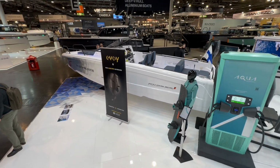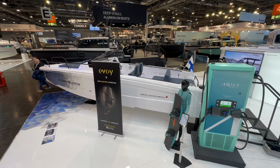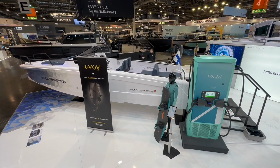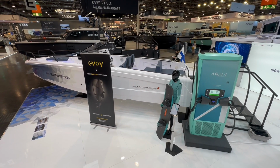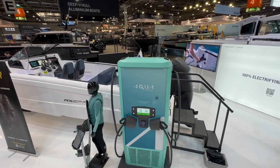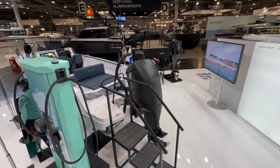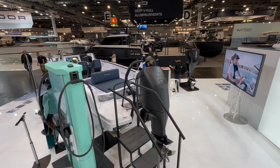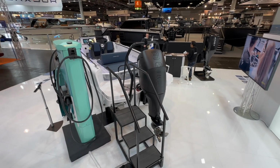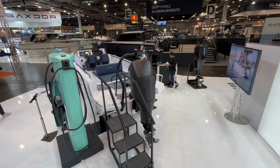And I'm pointing my camera right here at this Axopar 25 crossbow. And this actually is a prototype, which you may understand from seeing this charge station right there. Axopar has made this as a prototype again in order to test what is possible having a 300 horsepower electric engine right here. It may look as a normal engine. I think they did a really good job with the design, but it is a fully electric propelled Axopar 25